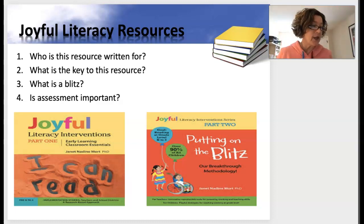Okay, so now, these resources have lots of great ideas for intervention, but also just as we go through, you'll see again, you'll go, hey, I think that could work with my whole class. Absolutely. So I want you to think about how these activities could help all your readers as I go through this today, especially those vulnerable ones in your class,